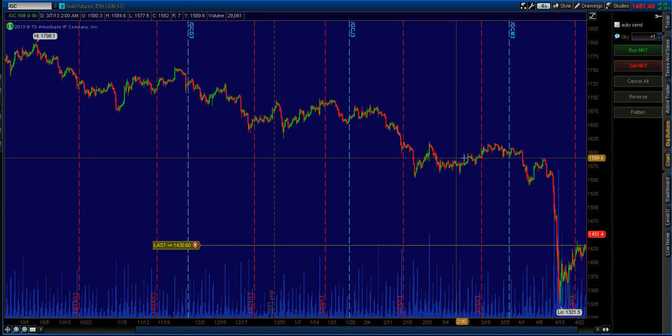There were no signals all the way until April 9th. And that was right here, to get short the TSX. If you would have gotten short gold, you would have been able to capitalize on as much of this as you would have been able to sit through. And what's very interesting is that it's very difficult to sit through when it's falling like this and you're seeing your positions just rise astronomically. But